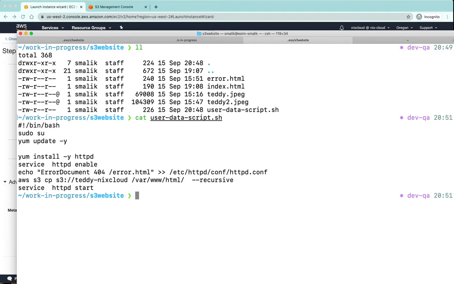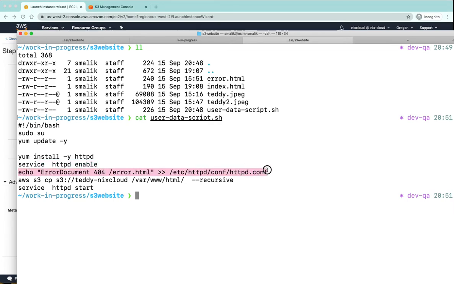It's a simple bash script, which changes to root user, updates all the packages, and then installs the Apache server with -y. Remember to use -y because we don't want to be stuck on any screen which is asking for user input. This is important. I'm enabling my service so that I don't have to enable it at a later point.